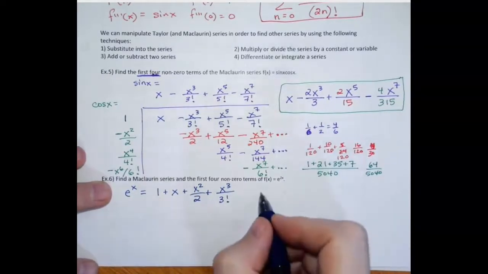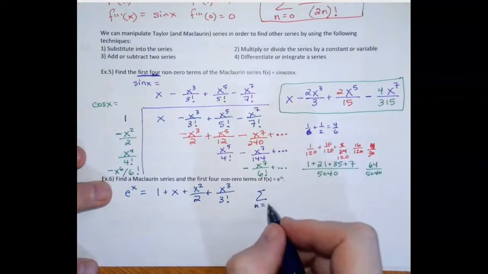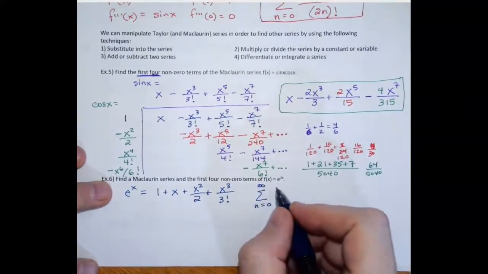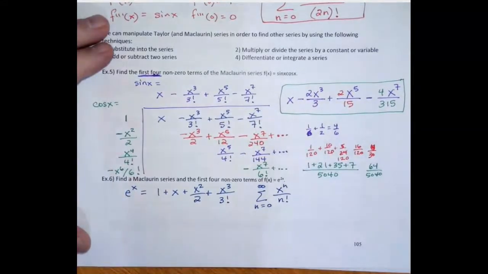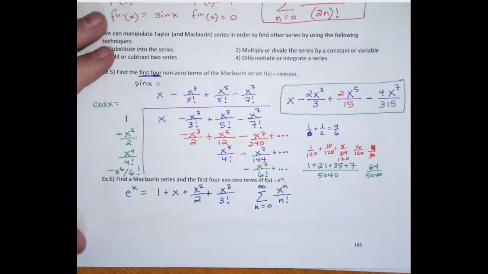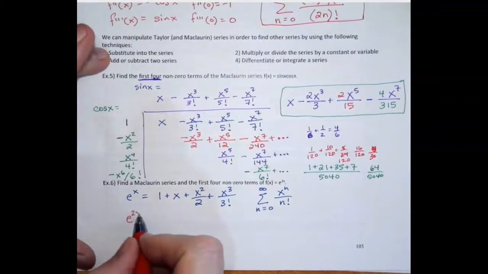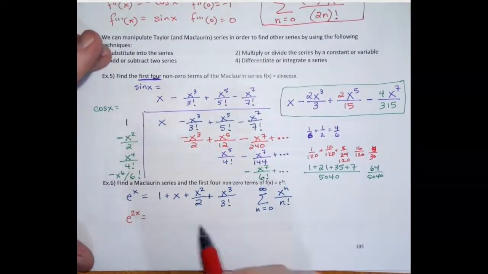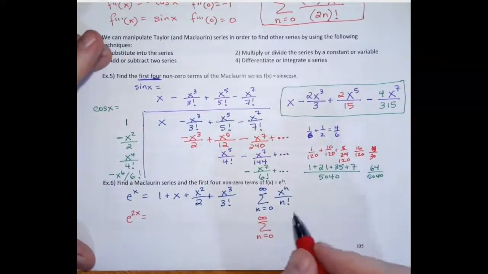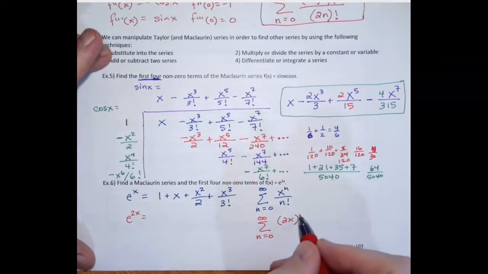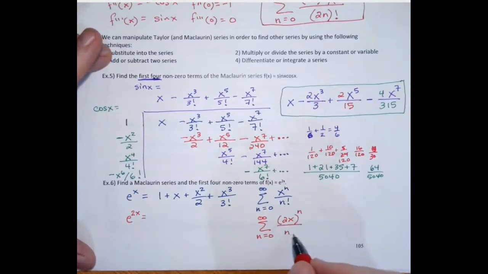Okay, so that is x to the n over n factorial. So what we can do here is we can substitute in 2x. So we can either do it here if you can see it, or we can start over here and go backwards. So what we have over here instead is 2x to the n over n factorial. So you could use this, if you substitute there, and then go back